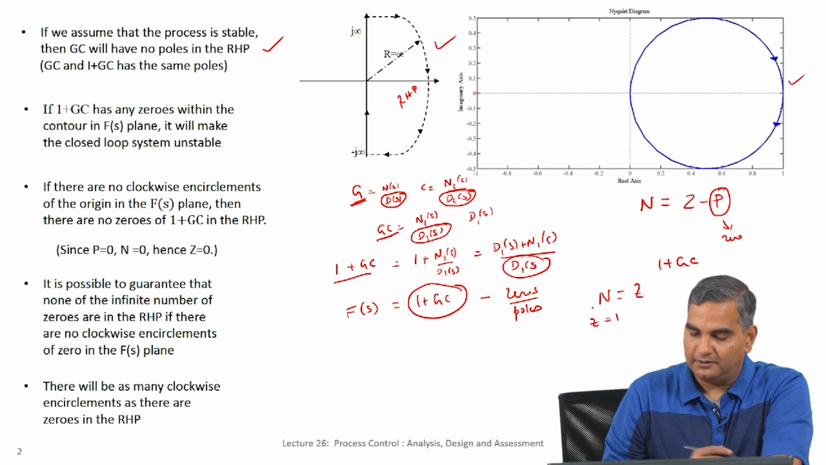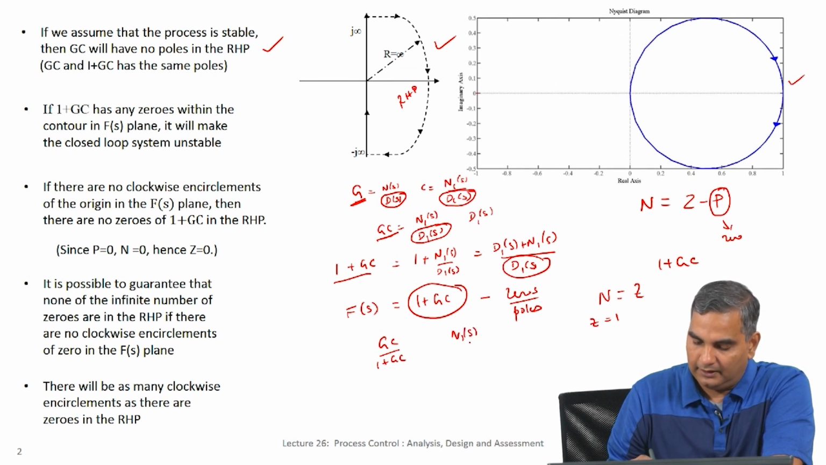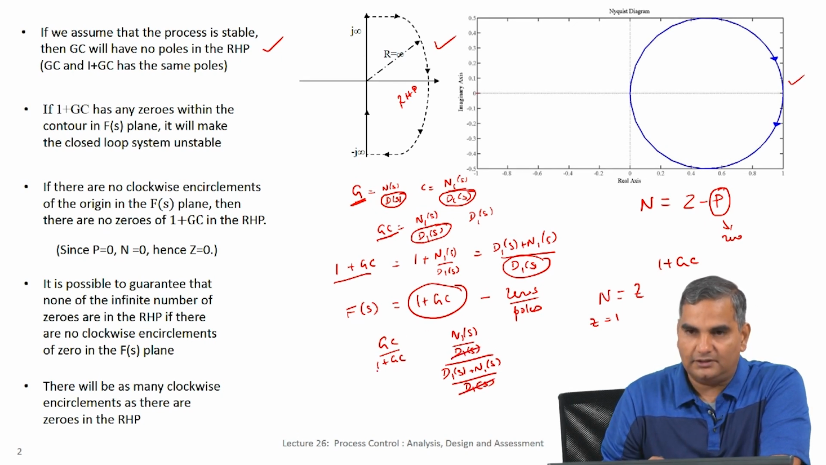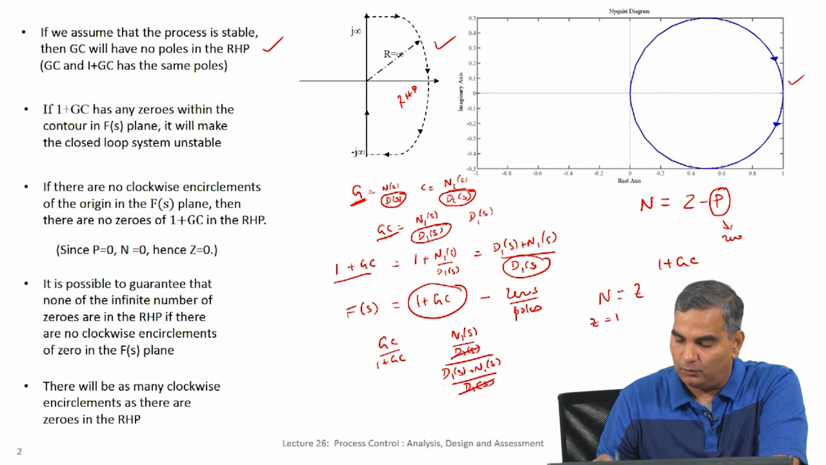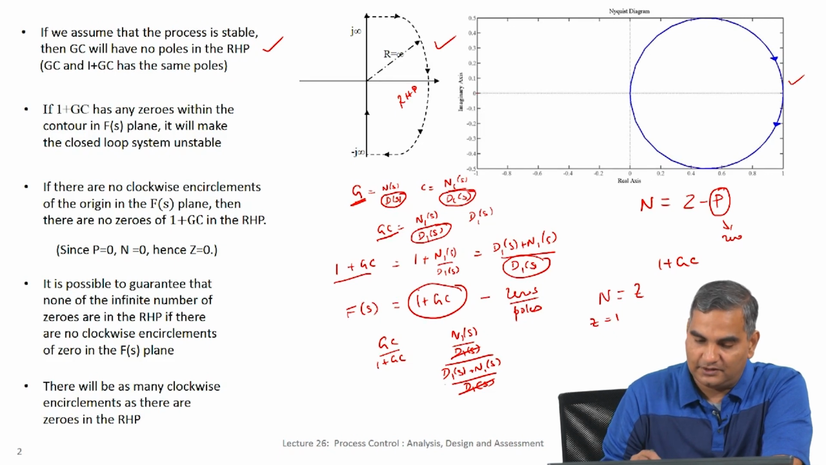Why is the closed loop unstable? Because we already said GC by 1 plus GC, and if I take this GC as some numerator by denominator, 1 plus GC will be (D1 s plus N1 s) by D1 s. So, this and this will get cancelled. Now, the denominator of GC by 1 plus GC will be the numerator of 1 plus GC. So, any zero of 1 plus GC will become a pole of GC by 1 plus GC. So, if I have one encirclement, that means there is one zero for 1 plus GC in the RHP, which becomes a pole for GC by 1 plus GC in the RHP,